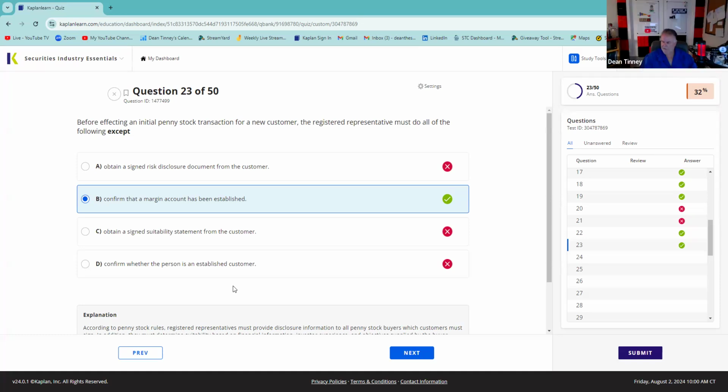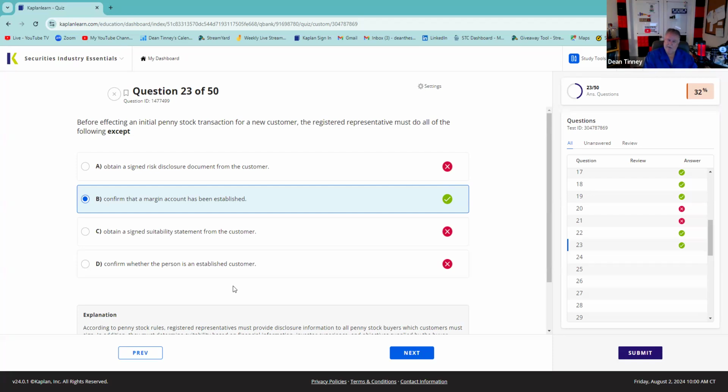Or you've had funds with me for a year. So if you've had funds with the broker dealer for a year, or if you've done 3 penny stock trades, you're an established customer, meaning I don't have to give you that. Last test question. You get tested on the standard for delivering customer statements. Customer statements must be delivered to a customer quarterly, unless there's a penny stock in their account. If there's a penny stock in your account, then Allison, you're going to get a statement monthly. Monthly. Right? So you won't get all those, but you'll get some version of that.